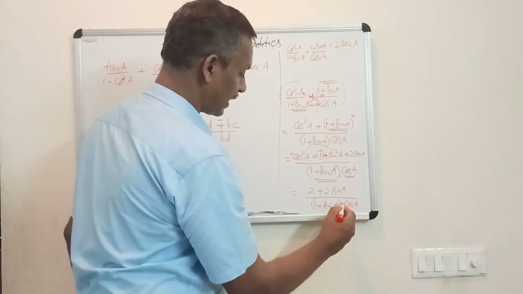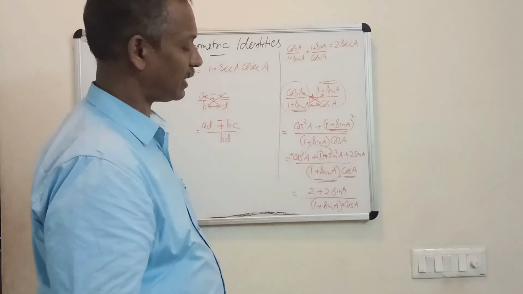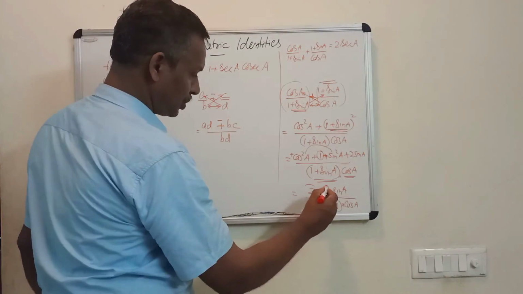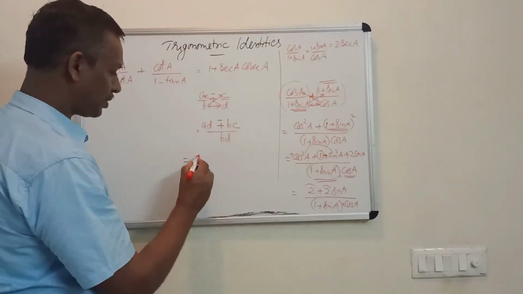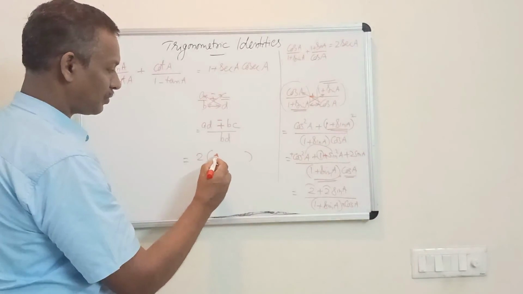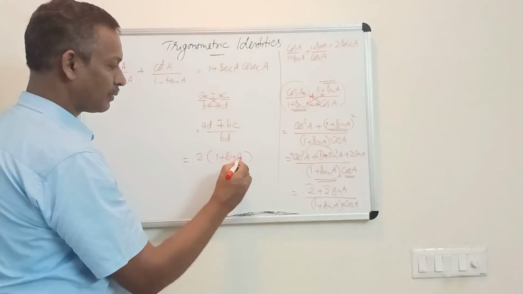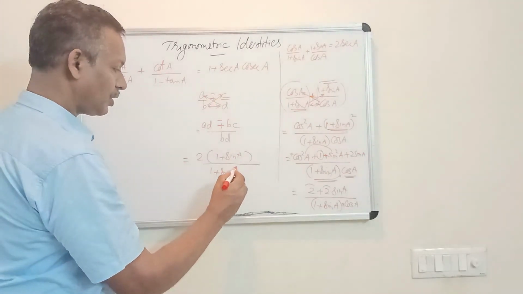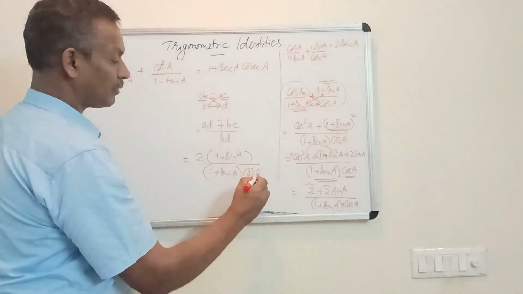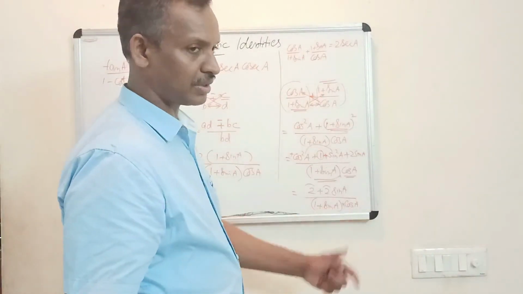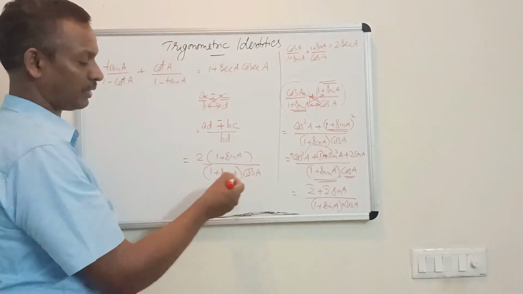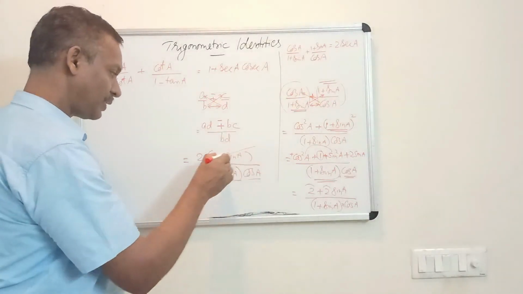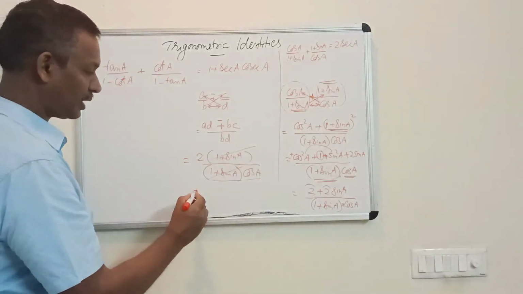These two factors in the denominator are anticipating something from the numerator to get cancelled. From the numerator, you can see 2 is common to both the terms. So we can take 2 common, and within the bracket we get 1 plus sin A, by 1 plus sin A into cos A. I told you in the beginning the denominator's factors are waiting for something like that. One of the factors will come in the numerator in the end. So these two factors get cancelled, and you get 2 by cos.